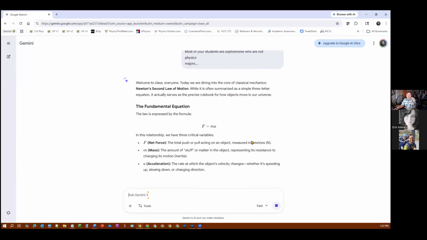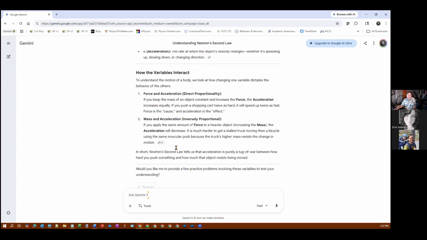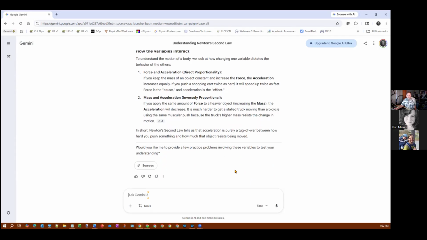So notice it pops things out, gives me the equation. It kind of describes the equation again because I just asked it to do that. And it talks about the relationships between those types of things. Okay. And with more modern models, it's going to ask me to provide a few practice problems involving these variables to test your understanding. So if you have a student that hopefully is not doing this during a test, but wants to learn things, having that kind of a detailed prompt